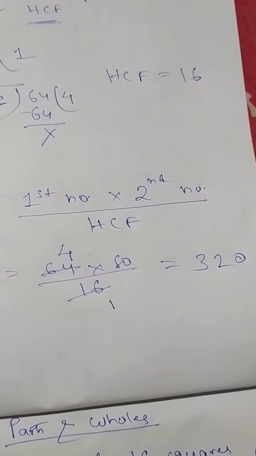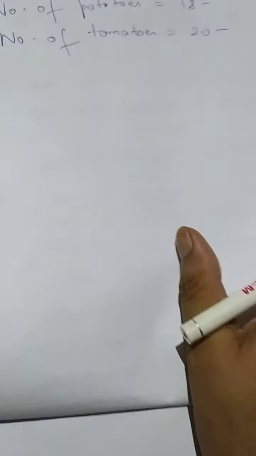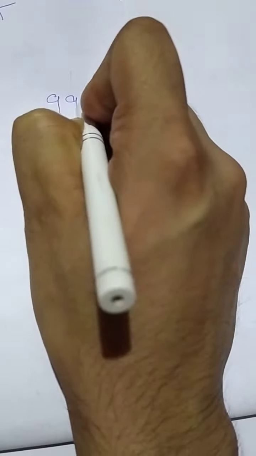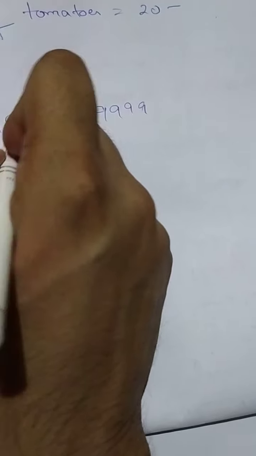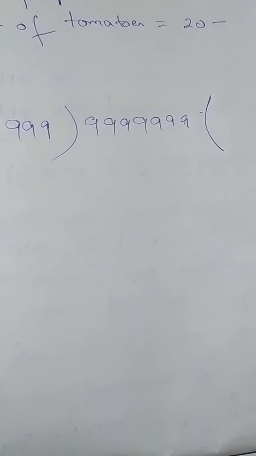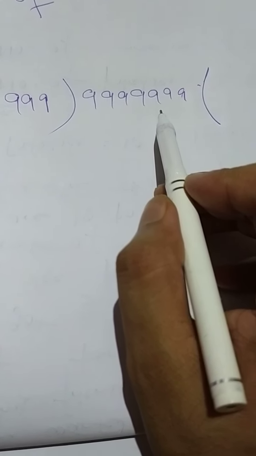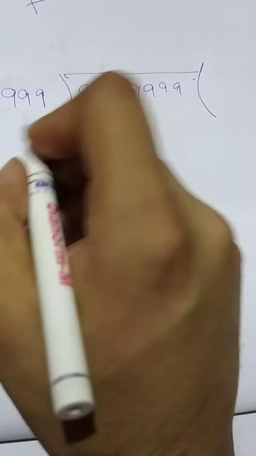Now, another problem that I have given in the doubt clearing class, one division divided by 999. I told you to write down only the quotient. So many of you got confused. I told you that in the quotient there will be some zeros. So let's do it. I'm writing the quotient here.